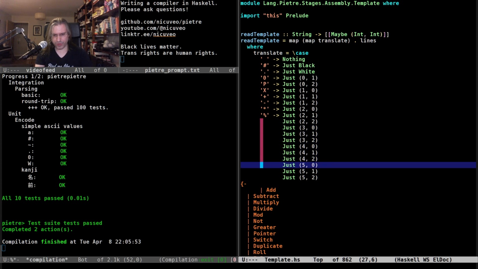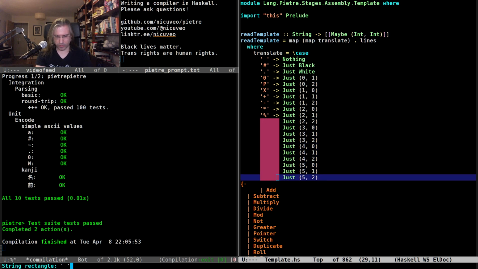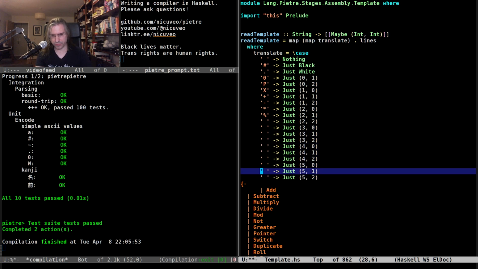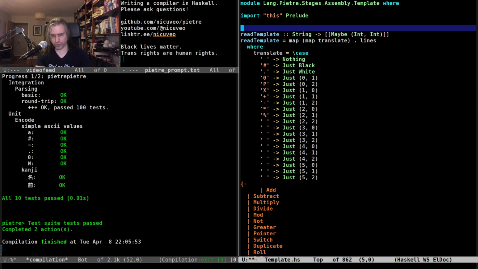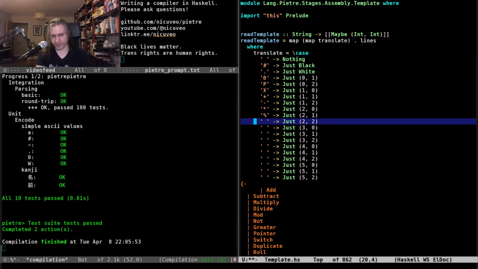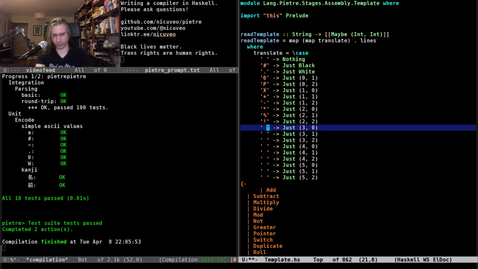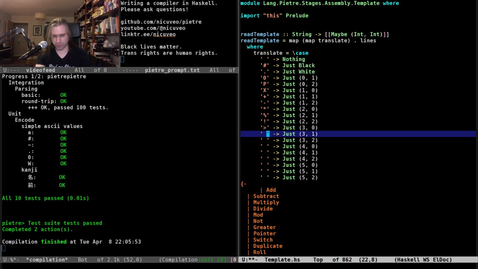And I can actually pre-fill this as being some character arrow. There we go. So after modulo, what do we have? We have not, that's easy, that's going to be this. Greater, that's going to be this. Pointer.